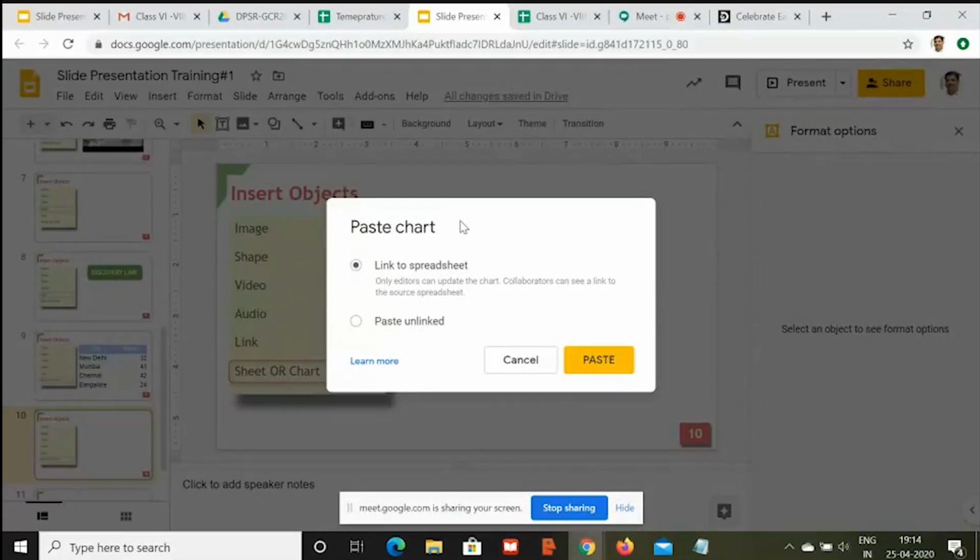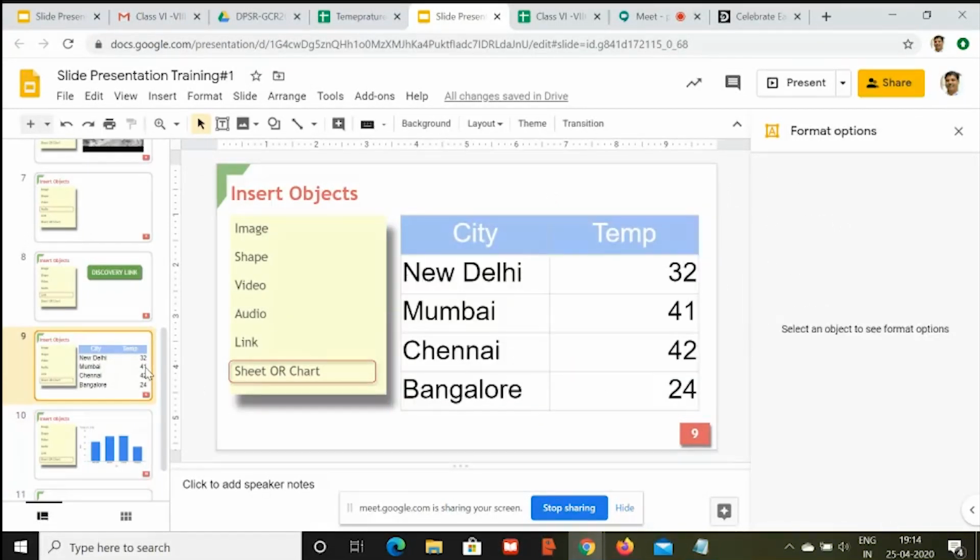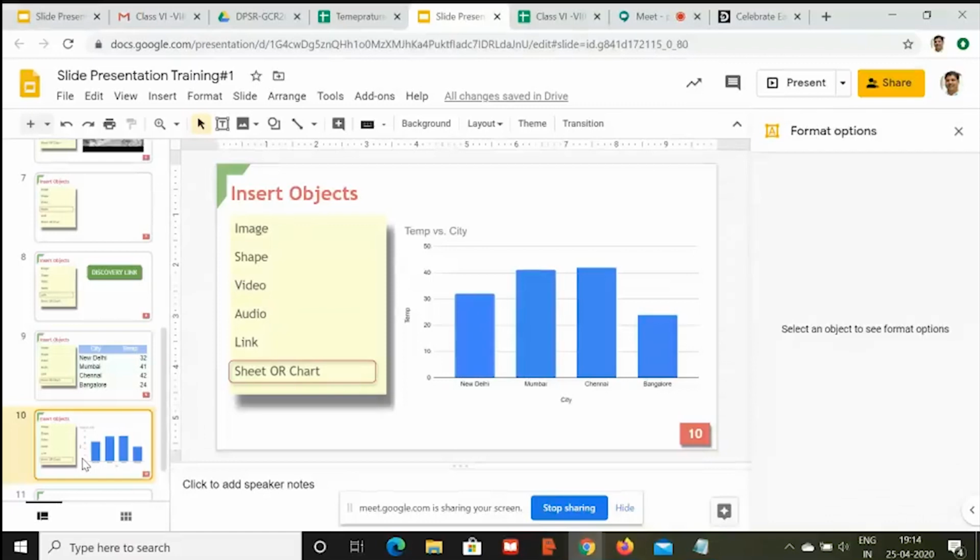Again, it is asking, do you want the chart to be linked to the spreadsheet or unlinked? I want it to be linked so that tomorrow when the temperatures change, I can update this chart too, right? In the first sheet, I demonstrated to you the content of Google Sheet. In the second one, I have demonstrated to you the content of the chart.